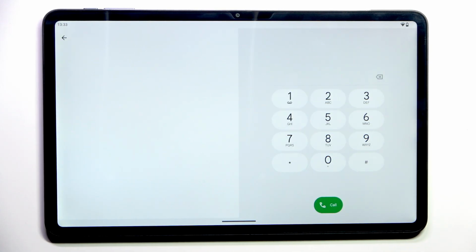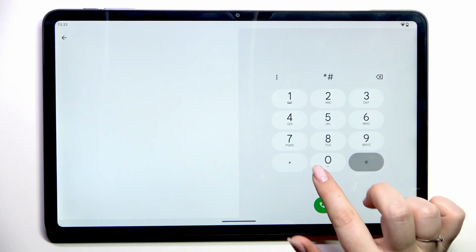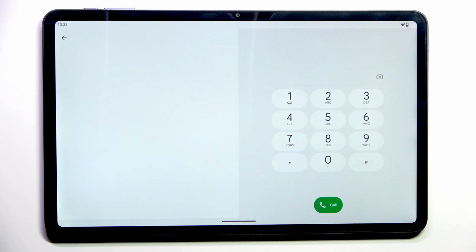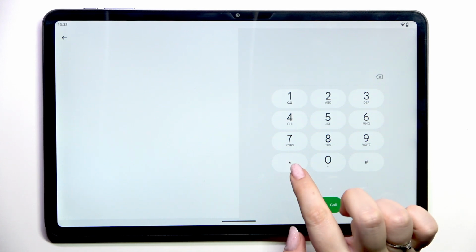and let's start with the shortest one, which is *#06#. It is probably also the most known. Thanks to this code, we are provided with both IMEI numbers and the serial number of this device. So let's tap on OK, and now another code, which is